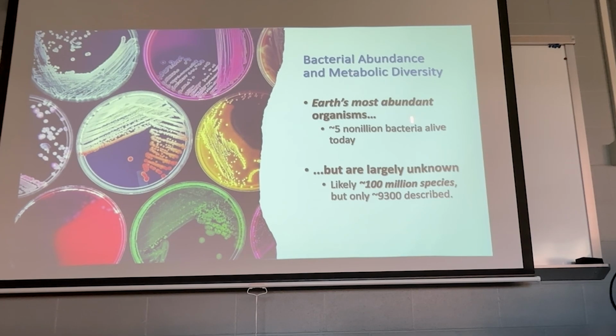But again, most abundant and most diverse, but we know pretty much nothing about them. Which ones do you know about? You know about the ones that are pathogens, right? Those are the ones we understand the best. Those are the ones that have been studied the best, or the ones we can grow on petri dishes, right? Those are the ones we understand the best because we can actually do some actual scientific experimentation on them. There are only 9,000 or more, closer to 10,000 probably now, species of bacteria that have been described.